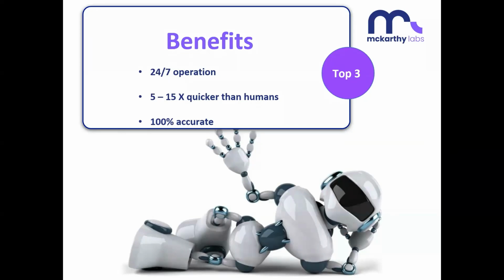So what we mean by that is, if we tell a human to do something, or we show a human how to do something, come back to them 10 years later, and they'll probably be getting the same output, but in 100 different ways. Whereas with a bot, you tell a bot what to do, and it will do it the same way every time. So if at the moment you've got any processes that directly affect your customers, and when mistakes are made, your customers are seeing some sort of negatives, and your customers are seeing some issues, you really want to think about deploying RPA, because with them being 100% accurate, you can take those mistakes and issues out of the process.